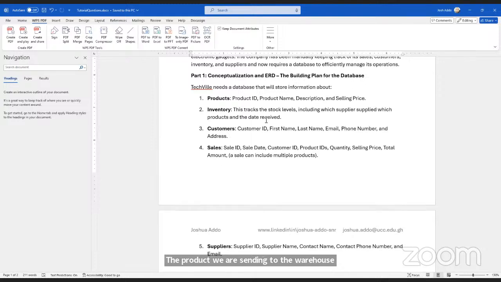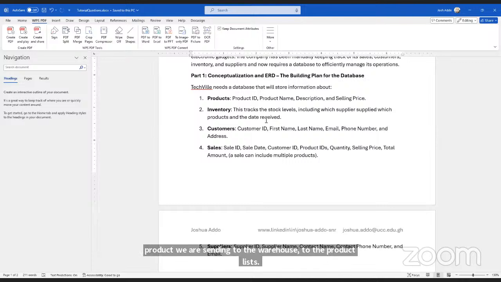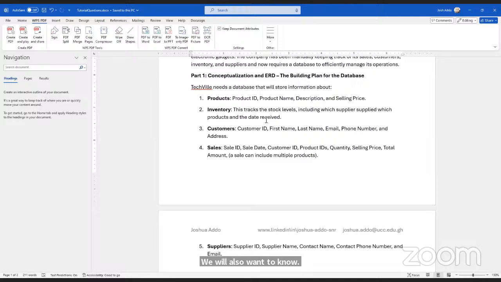So we'll have product ID inside the inventory table. We will also want to know which supplier these items of inventory are coming from. So that will also be pulled from the supplier table. So that will be a foreign key called supplier ID, which is a copy of the primary key of the supplier table.